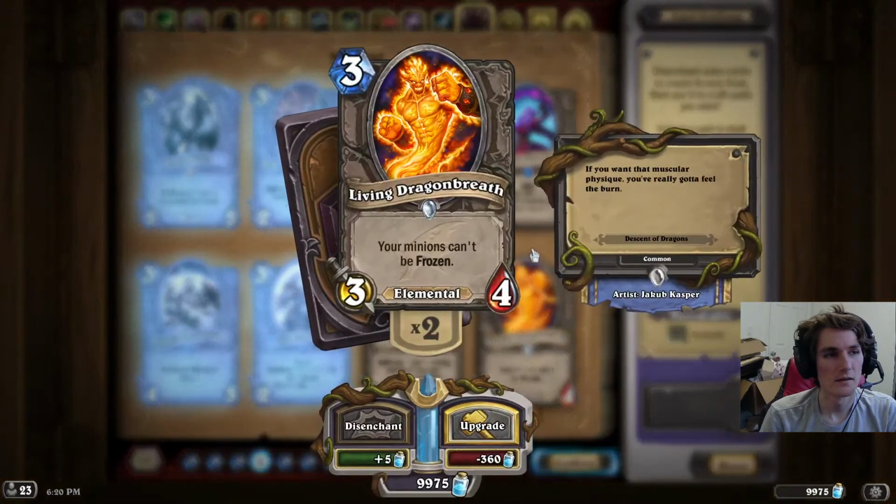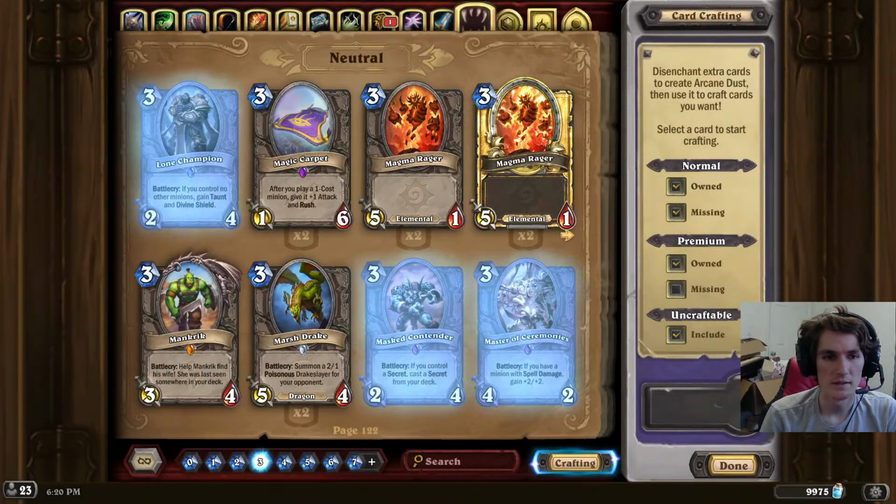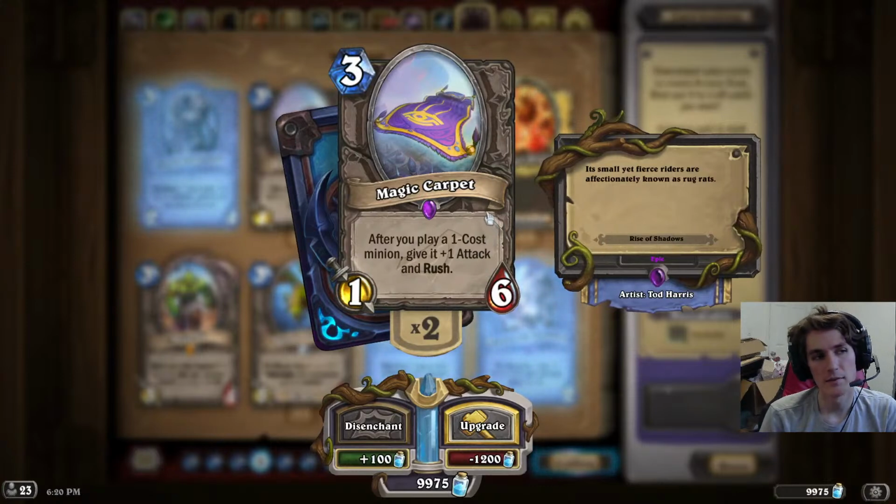This was a tech card that worked right away when you played it. You just unfreeze your minions, so it saw play. This is another exception, but it's a 6 health. We're seeing a little theme here. Either the